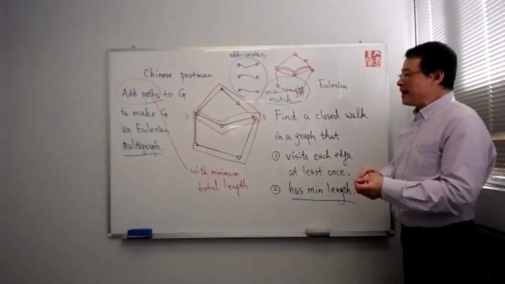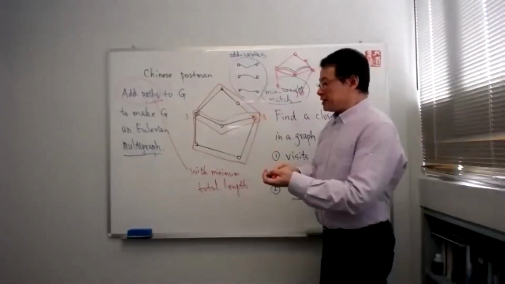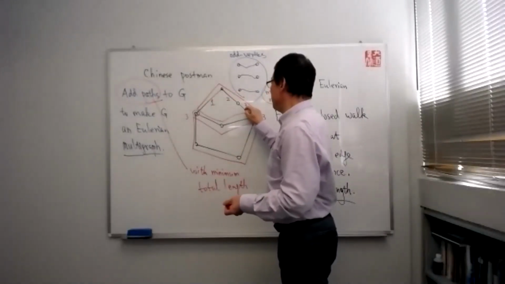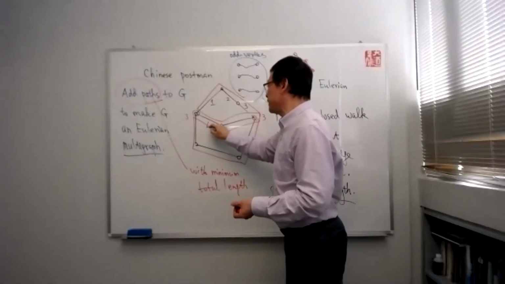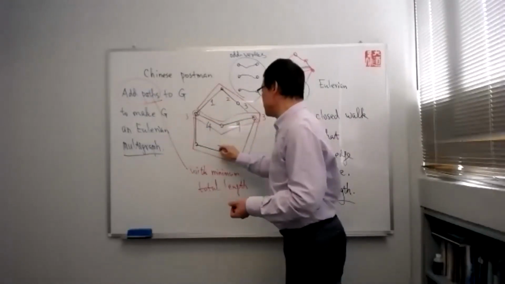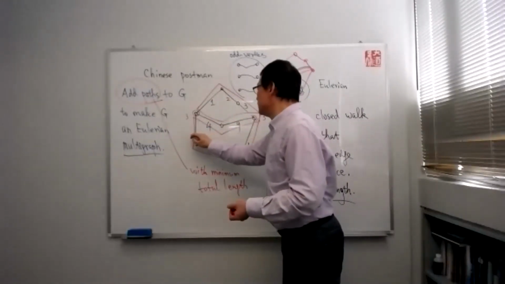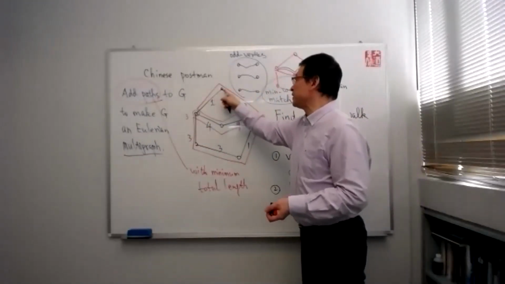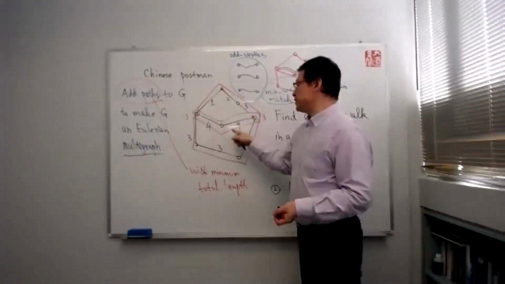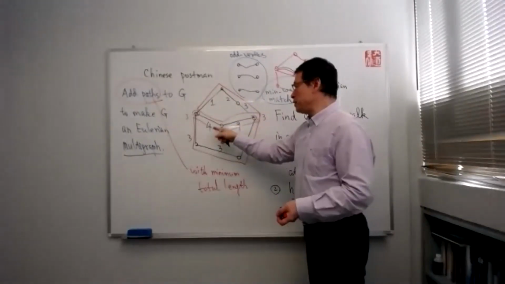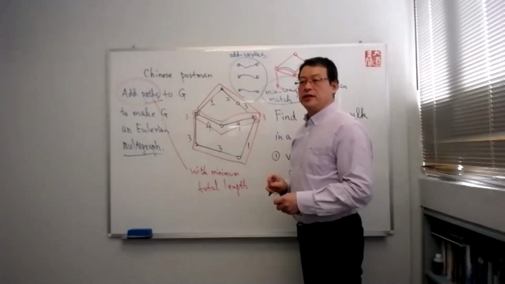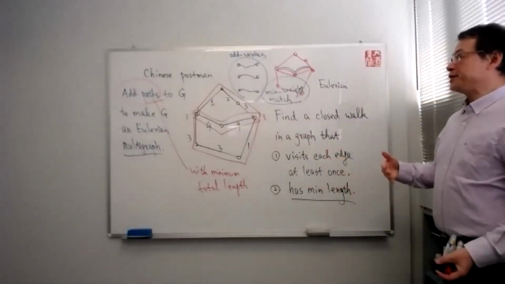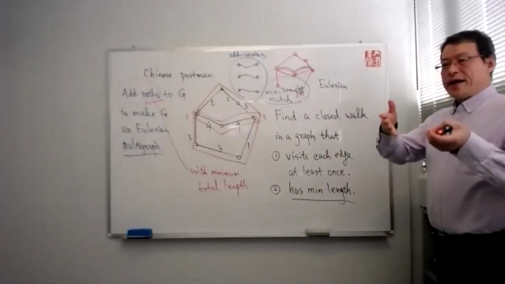Of course, in general, edges may have weight. So instead of this, edges may have weight. Maybe this weight 1 here, 2, 3. So there are 2 edges, maybe weighted high here, 9. So here maybe 3, 4, well, 1, 3. So then instead of adding this one, maybe the best way is to add this path. Instead of this one, which gives us a total length of 13, this one is only 6. All right. Okay, so that gives you a basic idea of how we solve the Chinese Postman problem